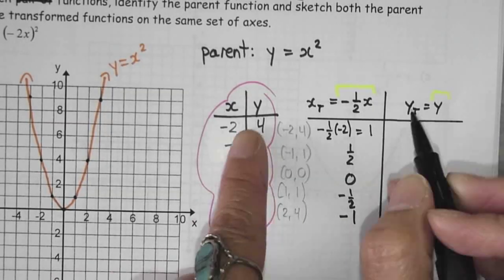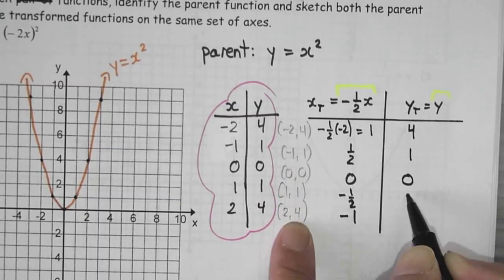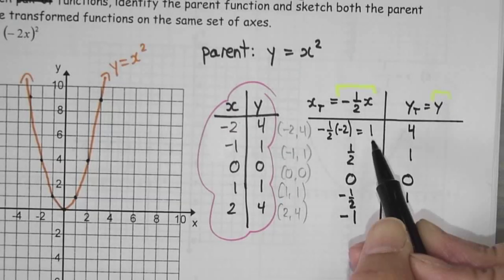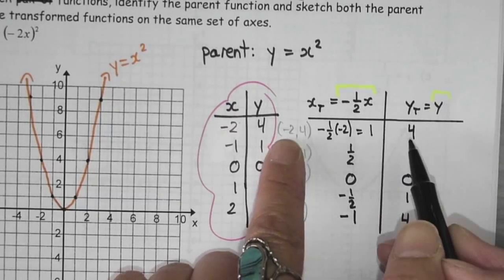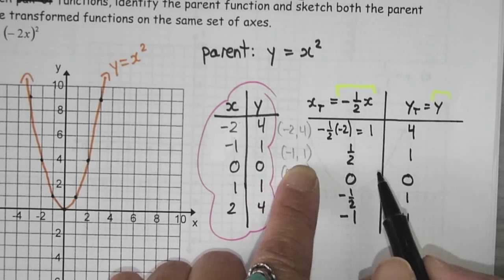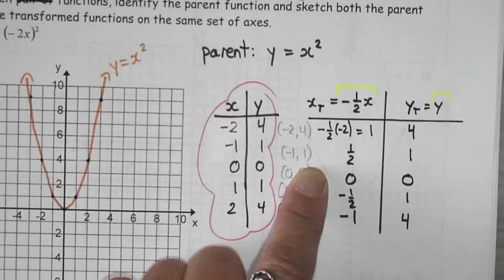The y's are all the same, right? Nothing changed on the y, for today. Tomorrow it'll change. These are the points. So this is my new point: -2, 4 has now been mapped to 1, 4, and -1, 1 has now been mapped to 1/2, 1. So when we plot this,